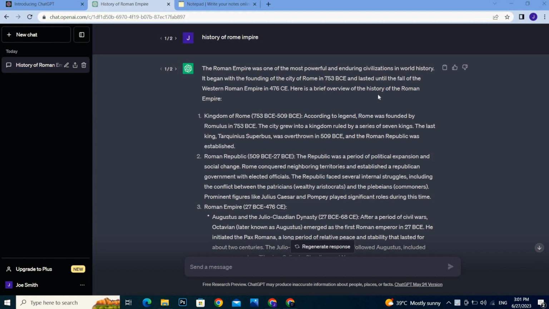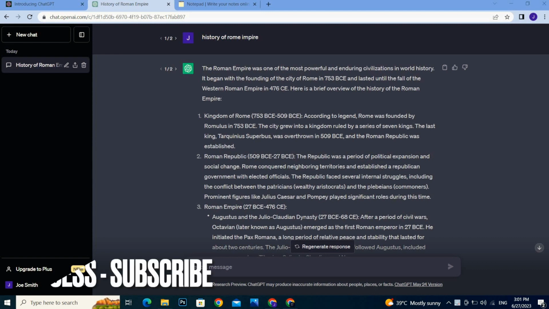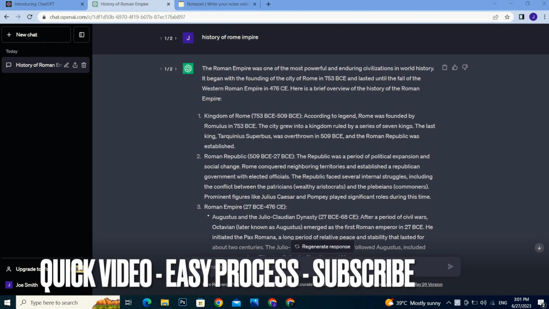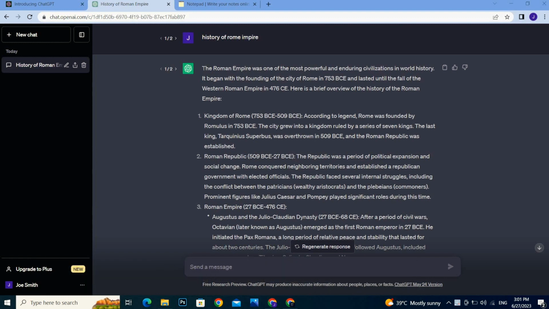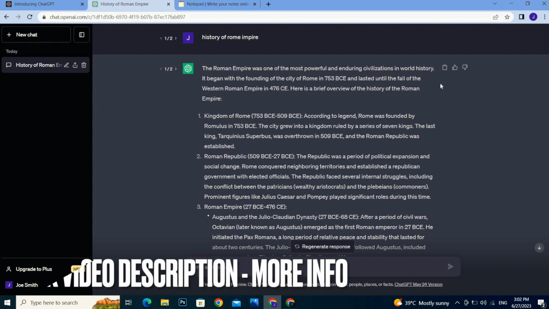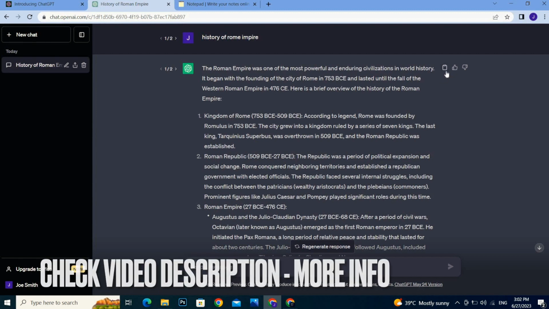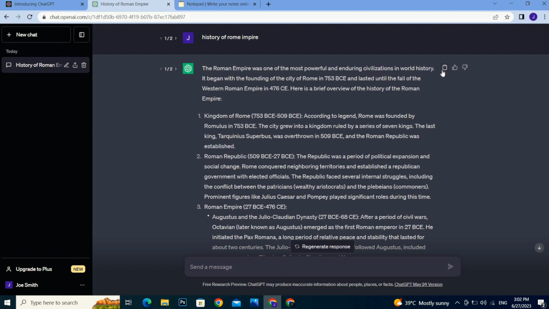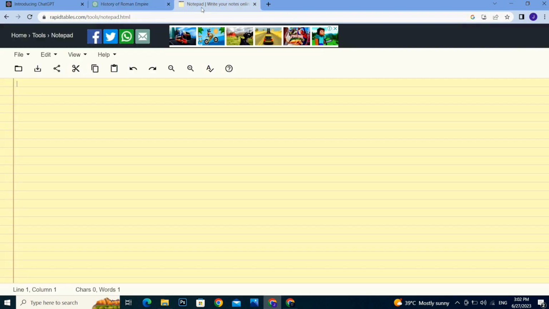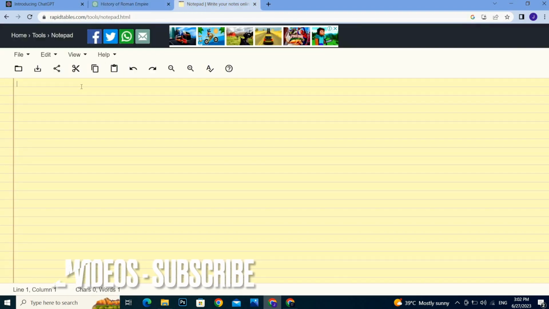So guys, as you can see, this is the text which I asked in my question, and it answered me. And now I want to copy the whole text and paste it in my notepad. So how will I do it? Just look at the right top corner of this text, and here you will see the copy option and you have to click on it. Just simply click on it without any hesitation and go to your notepad and paste it over here by pressing